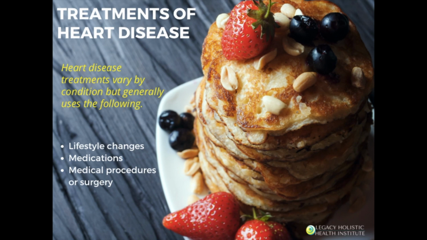Now that we understand some different things about cardiovascular diseases, how they're grouped, what happens with different disease types like dilated myopathies versus dysrhythmias, and all the different pieces that have to do with cardiovascular diseases and the risk factors, let's take a look at what some of the treatments may entail. Now, heart disease treatments vary by condition, but generally use many of the following things: lifestyle changes, medications, or medical procedures, or surgery. And so we're going to talk through a few of these, but before we do, let's take a look at some things that can actually prevent heart disease from happening.